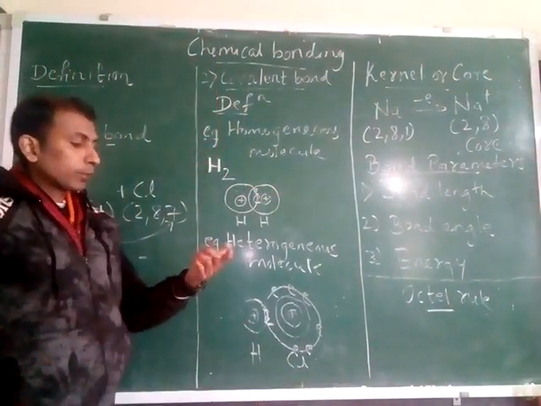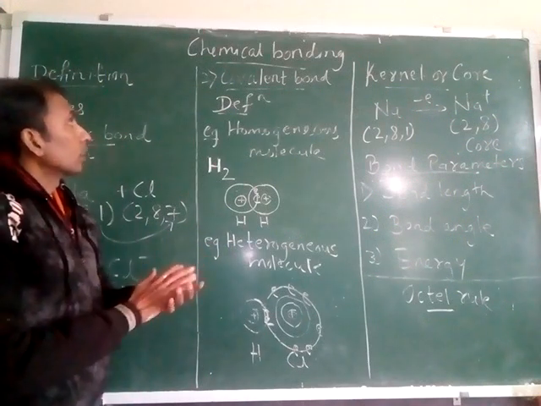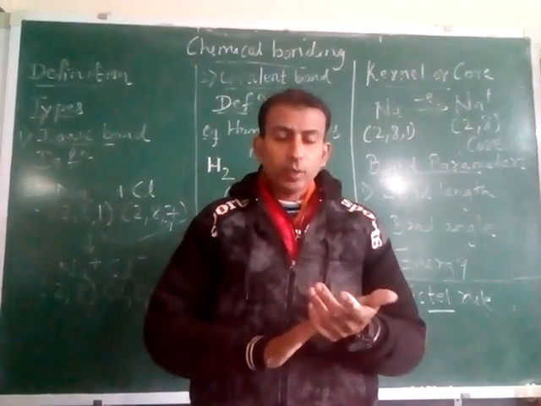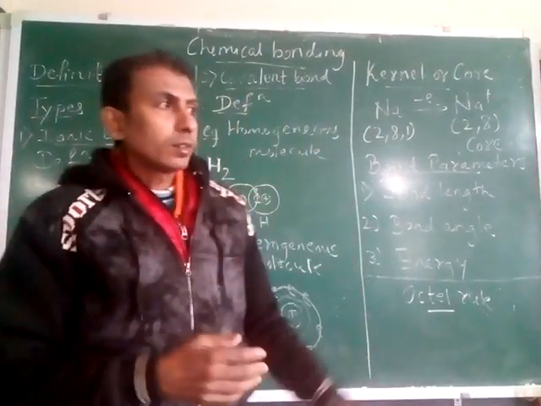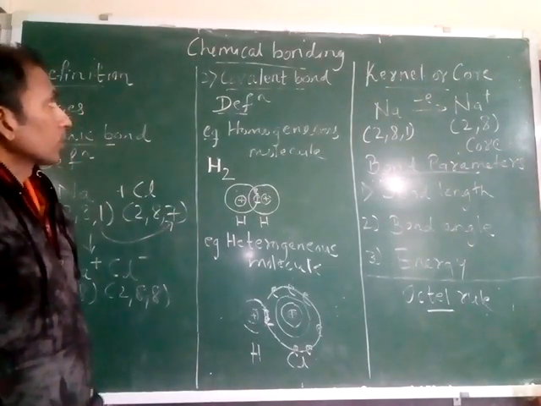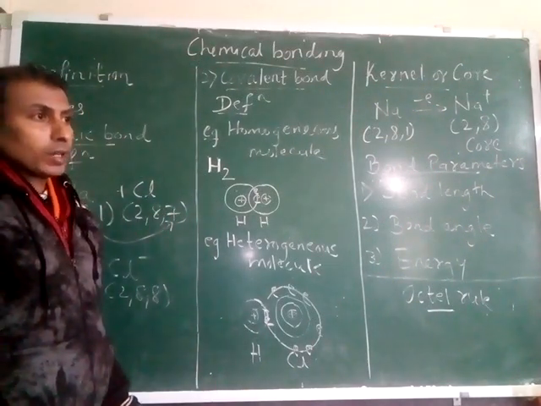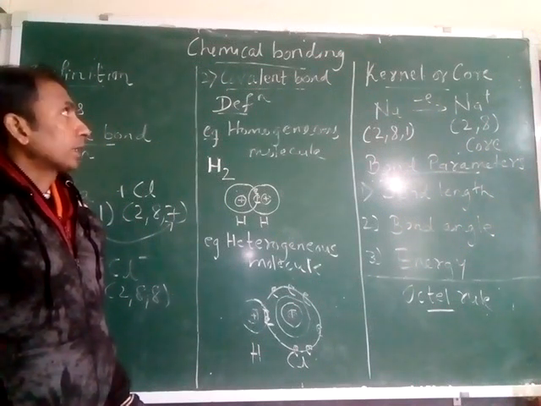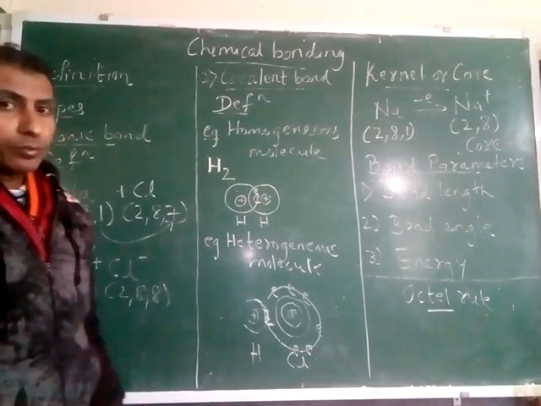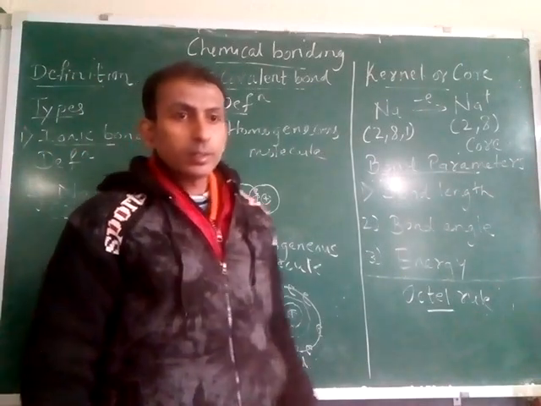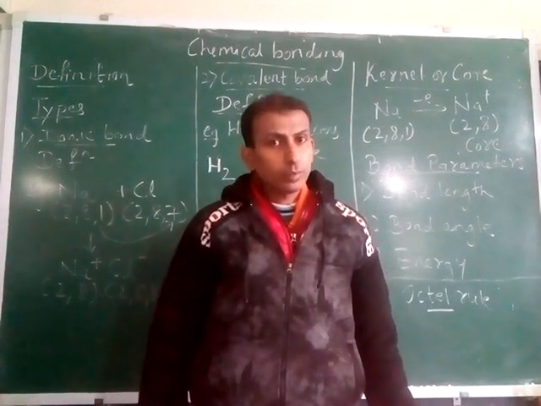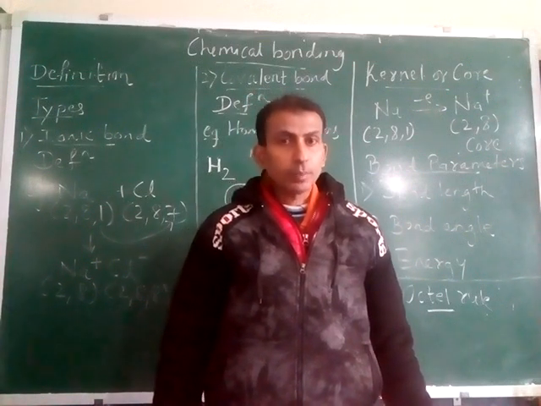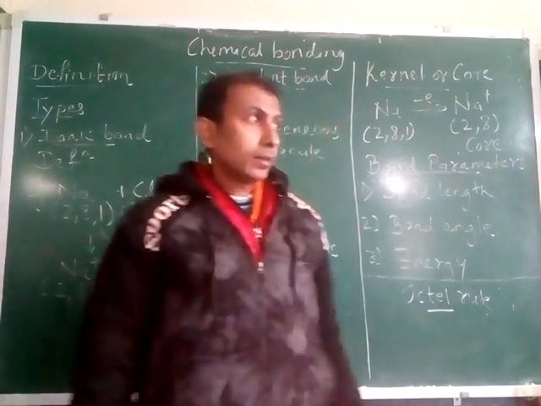So today we start with the new chapter, chemical bonding. Just to recollect what we have studied in lower standards, the chapter was already introduced in 9th standard, and then we have studied the definition of chemical bond and then different types of chemical bonds with examples. तो ये सब आपने लोअर स्टैंडर्ड्स में पढ़ा है.